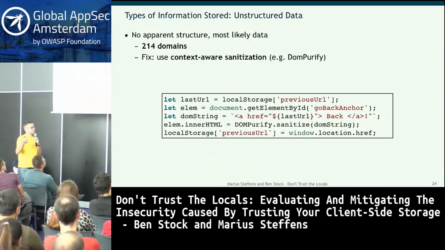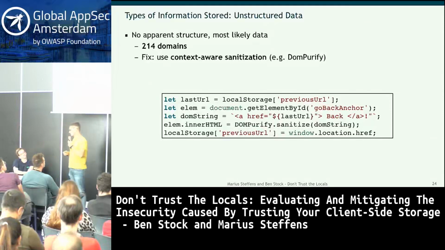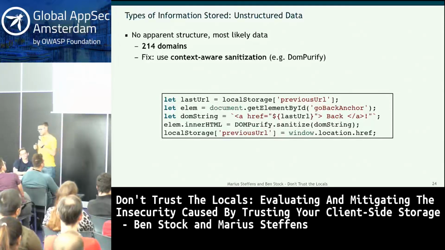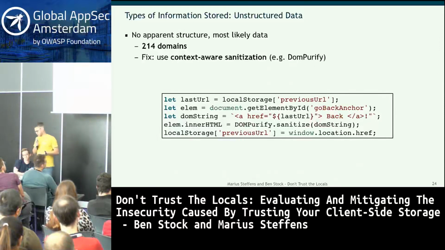So it shouldn't be JavaScript, it shouldn't have an onclick, it shouldn't have other on-event handlers, and so on. So DOM Purify takes care of that for you, being aware of the context and making sure that this anchor element does not have anything that could maliciously execute code. So it's that simple of a solution if you compare it to the last one, really just this one thing in between.